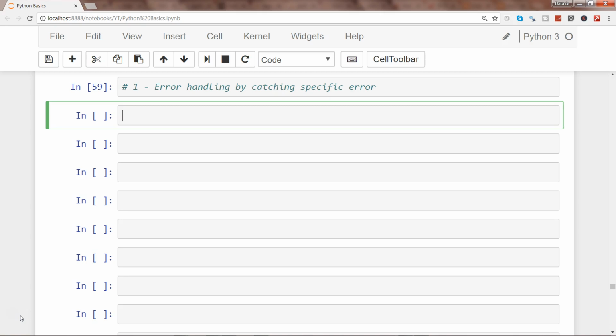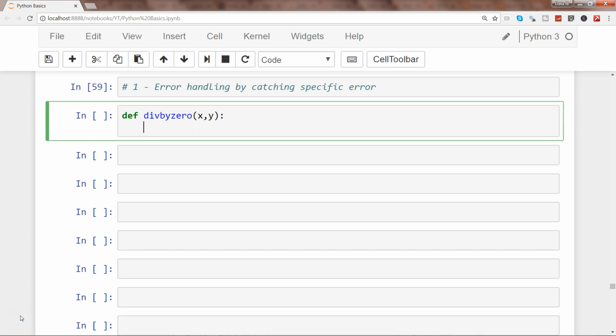So just to show you how you can do it within Python, let me show you with the help of a simple example which you can then further extend to any other program that you write in Python. Alright, so I will define a function which is div by 0, and here I will take two arguments x comma y, and then put a colon. After that, within the function